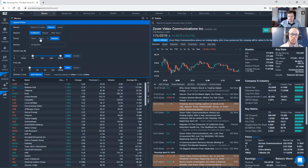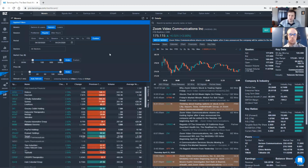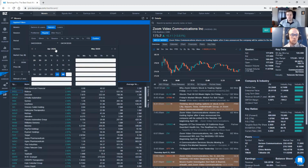So you had mentioned the gappers. We normally scan the pre-market for that, but what we're going to do today is look for some momentum names, so we're going to scan the regular session. And remember, when we're looking for momentum, this is not necessarily just going to be an intraday day trade. This could be a swing trade. This could be a couple of days, maybe even just as short as 2 days, as long as a week,